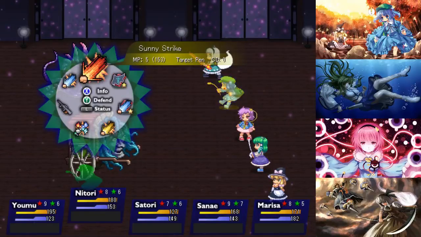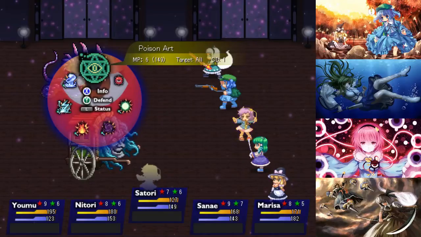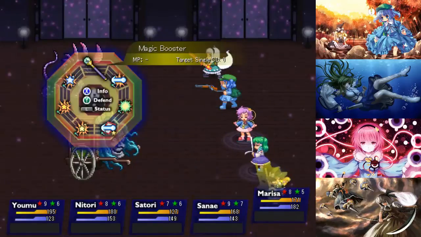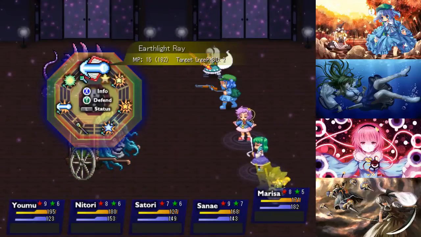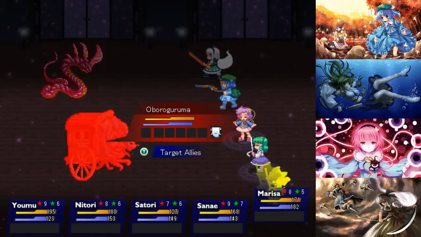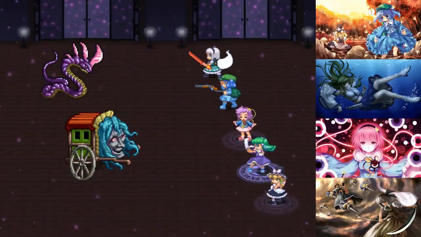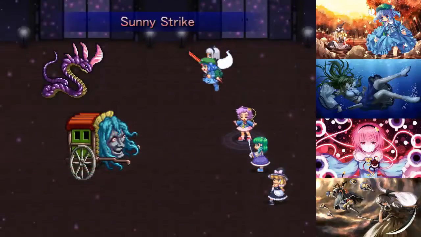So this is a tricky fight to work through because the column nature makes Devaloka kind of bad, and with physicals being reflected by the bottom guy and magic being reflected by the top, this is rough. I guess I can't even use napalm, but I think I can use Earthlight Ray because Marissa's laser attacks, by virtue of her tree, ignore reflect, so she won't get hit by that as long as I'm using a laser based move,